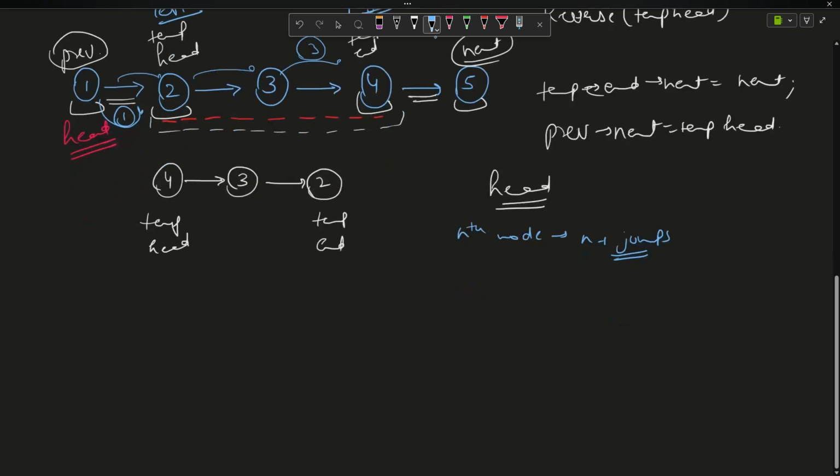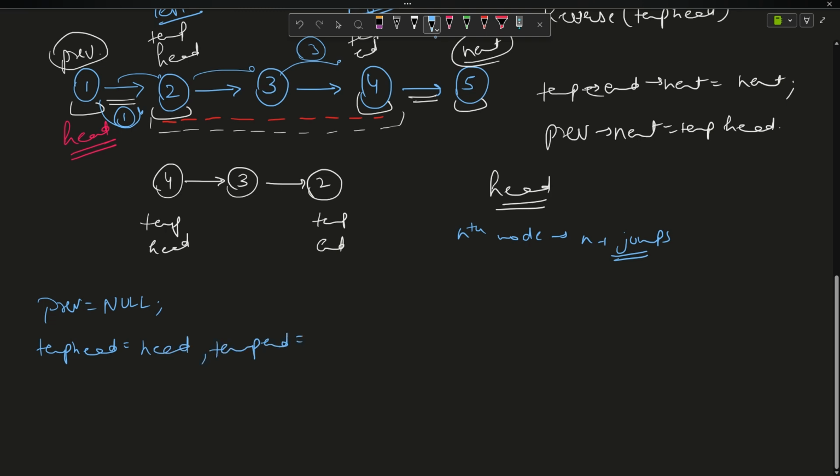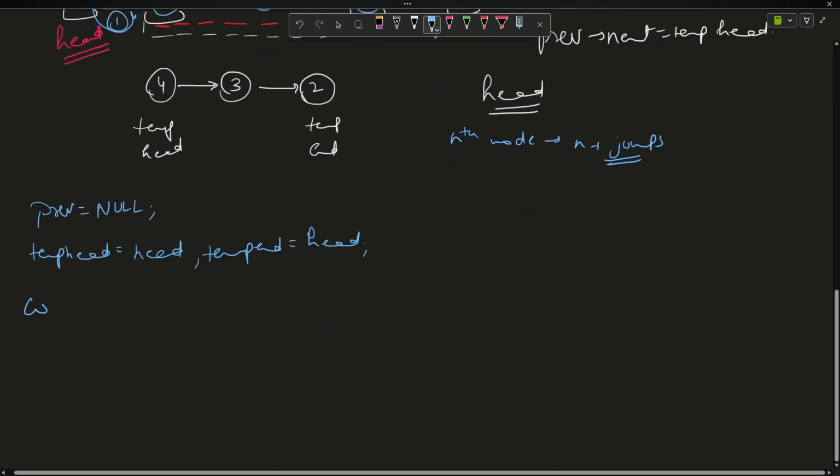So what will I do? I will say previous is initially null, right? You will say temp head, that is the temporary head, is equal to the current head, and similarly temp end is also the current head. Now you will say while left minus 1. Why minus 1?